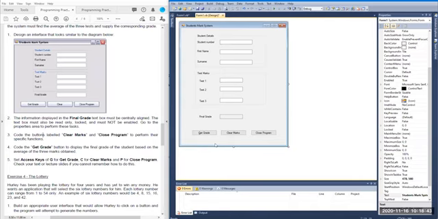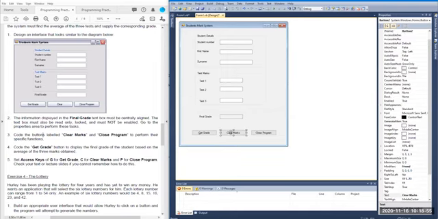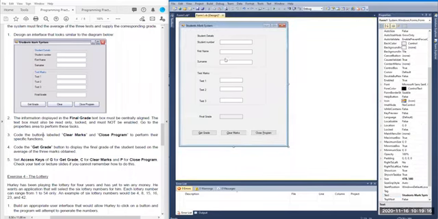So when we run the program, we can use our shortcut keys to perform the same action on the button, the same thing as clicking that same button. And then for clear marks, to set C as clear marks, you click on that button, you go to the text property of that button, and then you add an ampersand before the letter that you want. And then same thing for program, we go to the letter P, before the letter P, you type this ampersand button, which you can find on your keyboard, and then that sets it as the access keys for those